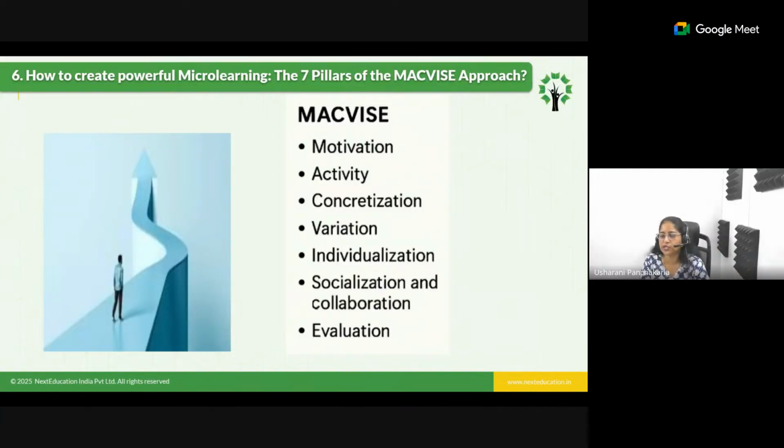Now, what is this variation? Variation is nothing but giving different learning styles to the students. It can be an AB module, an activity, a group discussion, or group work. This is where we need to give a variation. It's not all the time we go with only AB modules, because that creates a monotony for the student and he would be lost. To avoid that, we create different learning styles as per the learner's pace and frequency.